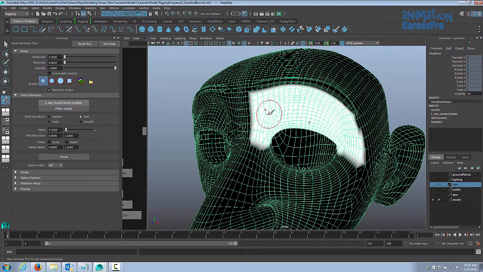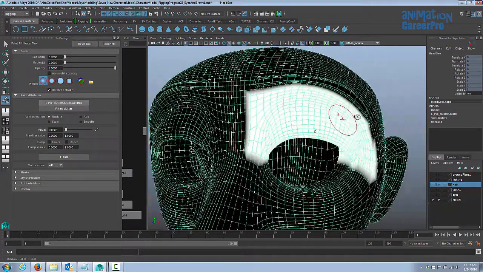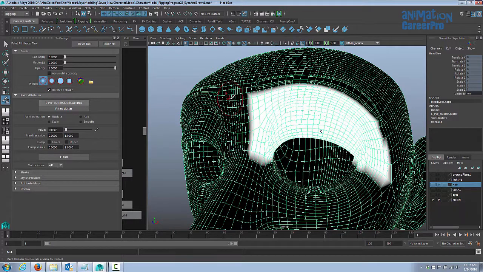So the add is relatively the same. This adds more weight to the cluster. You can see here that already by default it has a maximum weight distributed throughout the entire selection that we originally attached the cluster to. So what we're going to want to do is choose replace, and that takes weight away. So right now we need to just take weight away from this cluster. So if we go to replace and you just left click and paint over the selection, we'll take weight away.